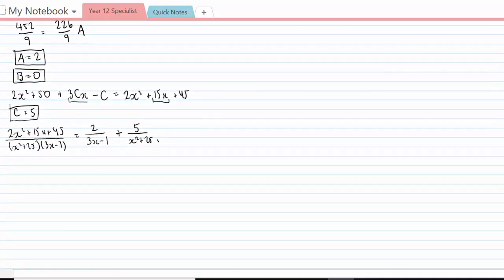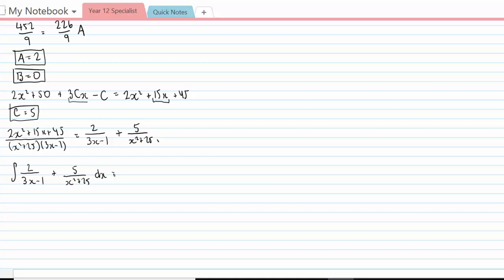And so we can do the integral of that much more easily than the one we had before. So I'm going to say the integral of 2 on 3x minus 1 plus 5 on x squared plus 25 dx